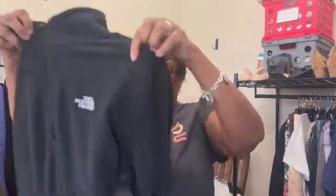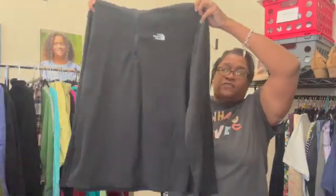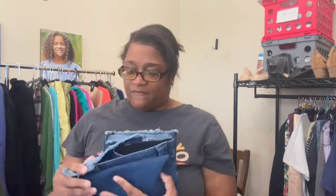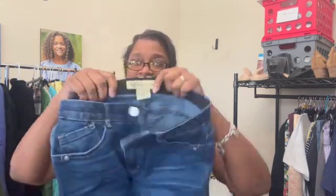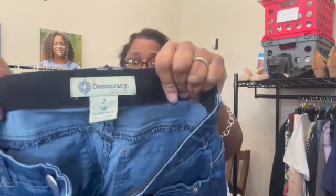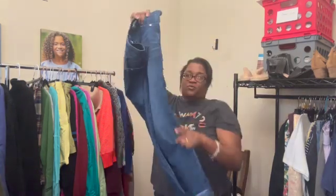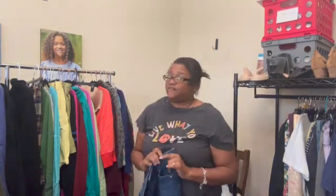Next up, we have a perennial favorite. This is a men's size large North Face lightweight quarter zip. Probably in that 18 to 25. There's lots of North Face on the market. And then finally, we'll end with piece number 50, these Democracy Ab Technology jeans. They have the raw hem. So those are the 50 pieces we're going to track throughout